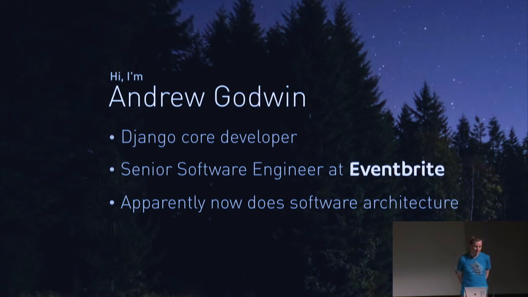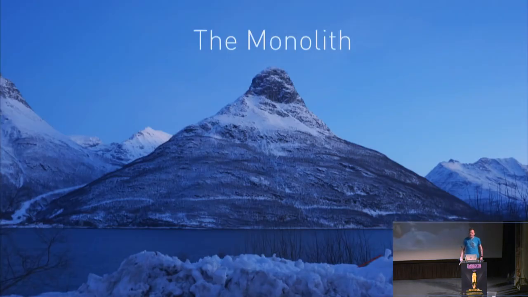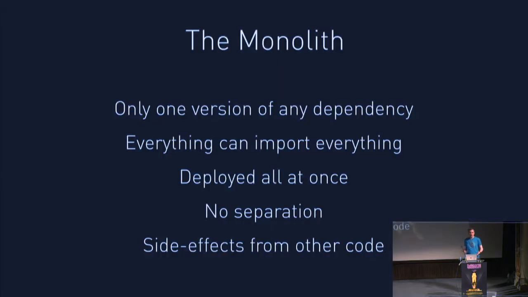And a lot of my job there, as the years have gone on, has become more and more about software architecture. And one of the things I want to talk to you about is something we're doing there, and that many companies are doing in general: services and architecture around services. So I'm sure many of you are familiar with the monolith, a single application where everything is bundled in. This is how Django comes by default.